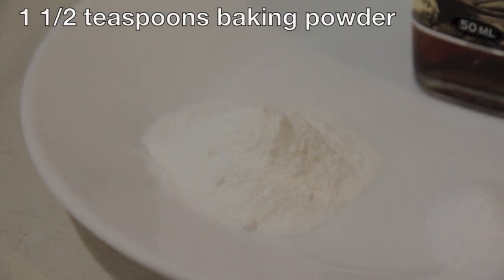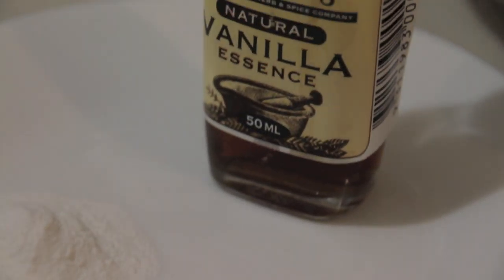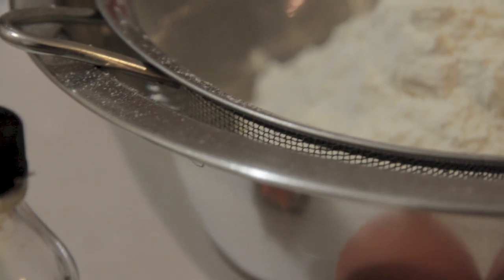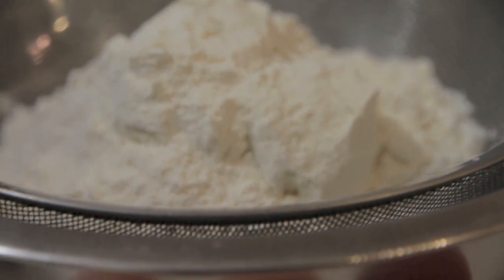While that firms up, you can prepare your other ingredients: 1½ teaspoons of baking powder, ½ a teaspoon of salt, 1 teaspoon of vanilla extract. Try to use the pure, not the imitation, because the flavor is just much better. And then 1½ cups, which is 195 grams of sifted plain flour,